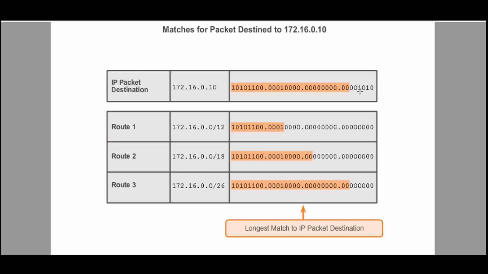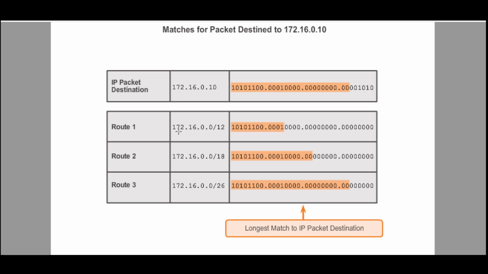Now you can see I have three different routes. My question is, please listen, you will understand now. 172.16, 172 is which class? Class B. What is the subnet mask? 255.255.0.0. Very good. What is the CIDR value? 16 is the CIDR value. Let me write it somewhere. 172.16 is the IP address given to us, and I know the subnet mask is 16.